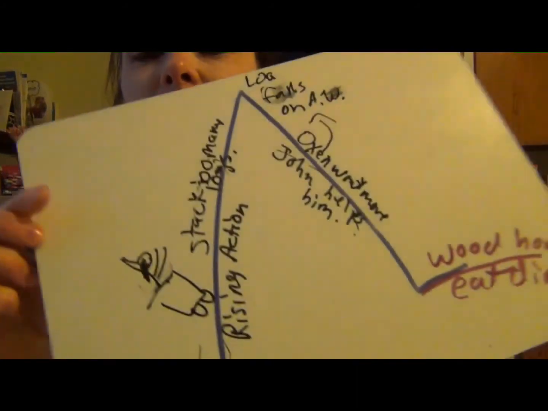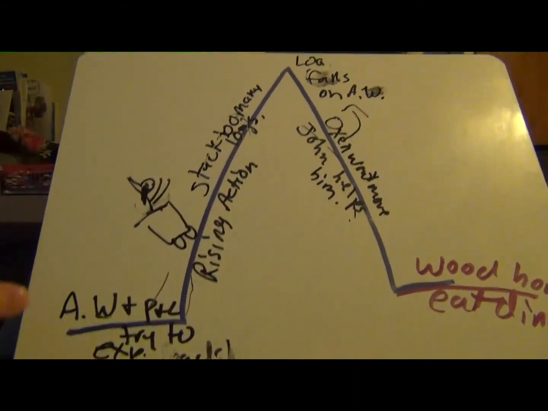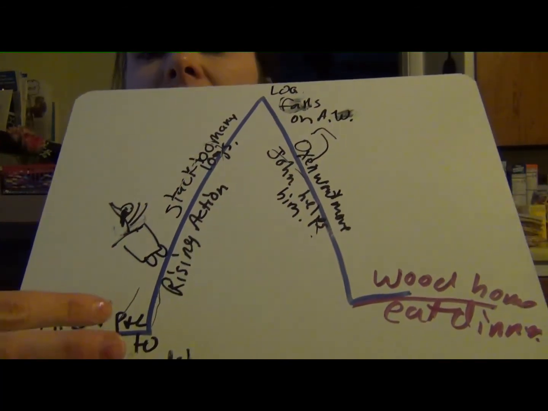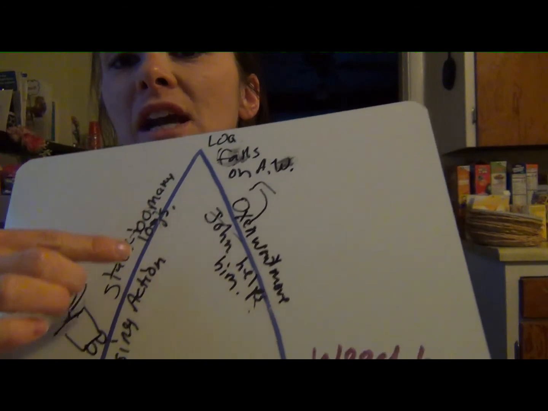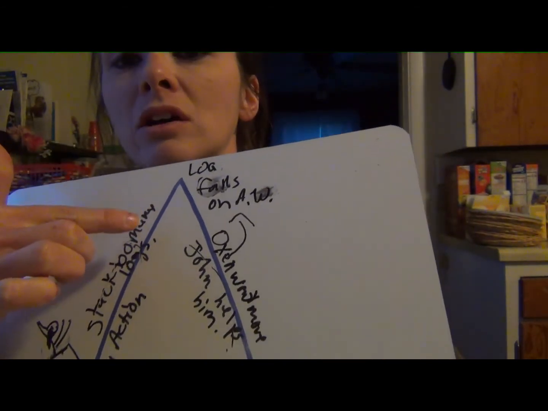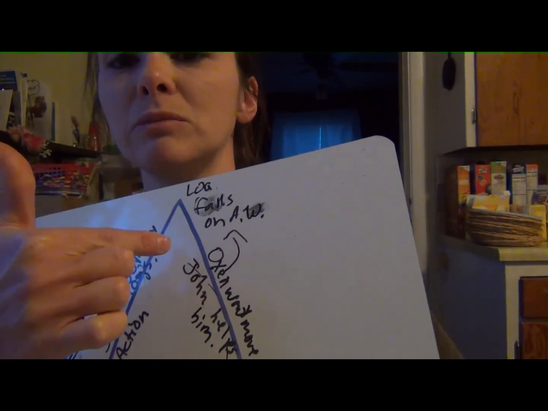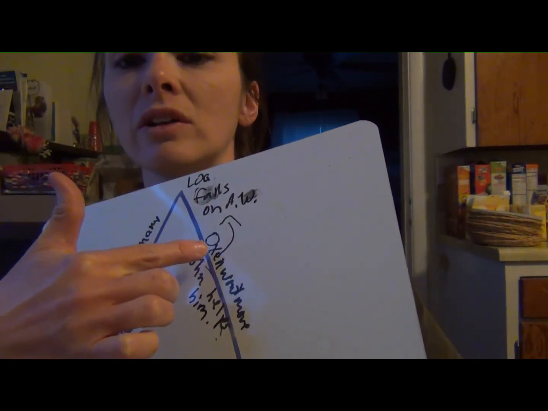Alright, so look at that. We just plotted the plot. Okay, in our exposition, they talked about them loading the sled. In our rising action, they put too many logs on there. Our climax is it falls on him and then he can't get the ox to move. And our falling action is where